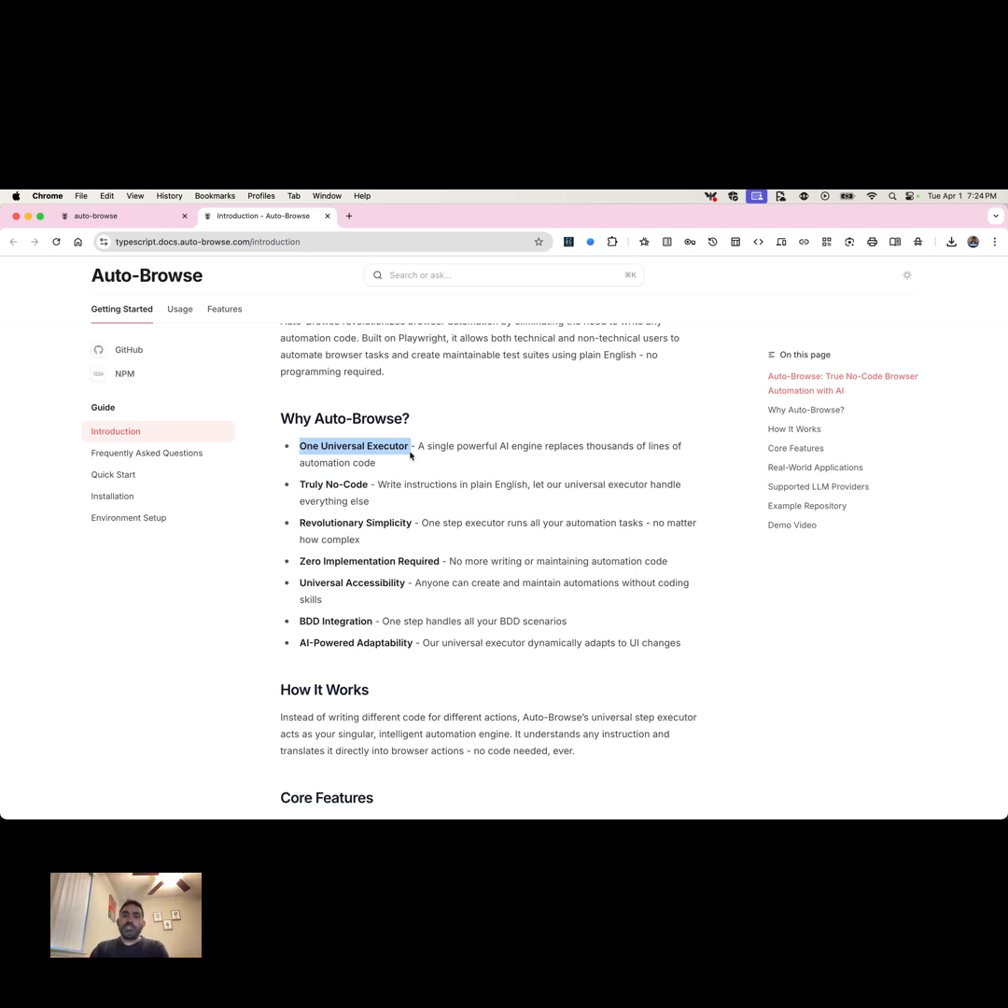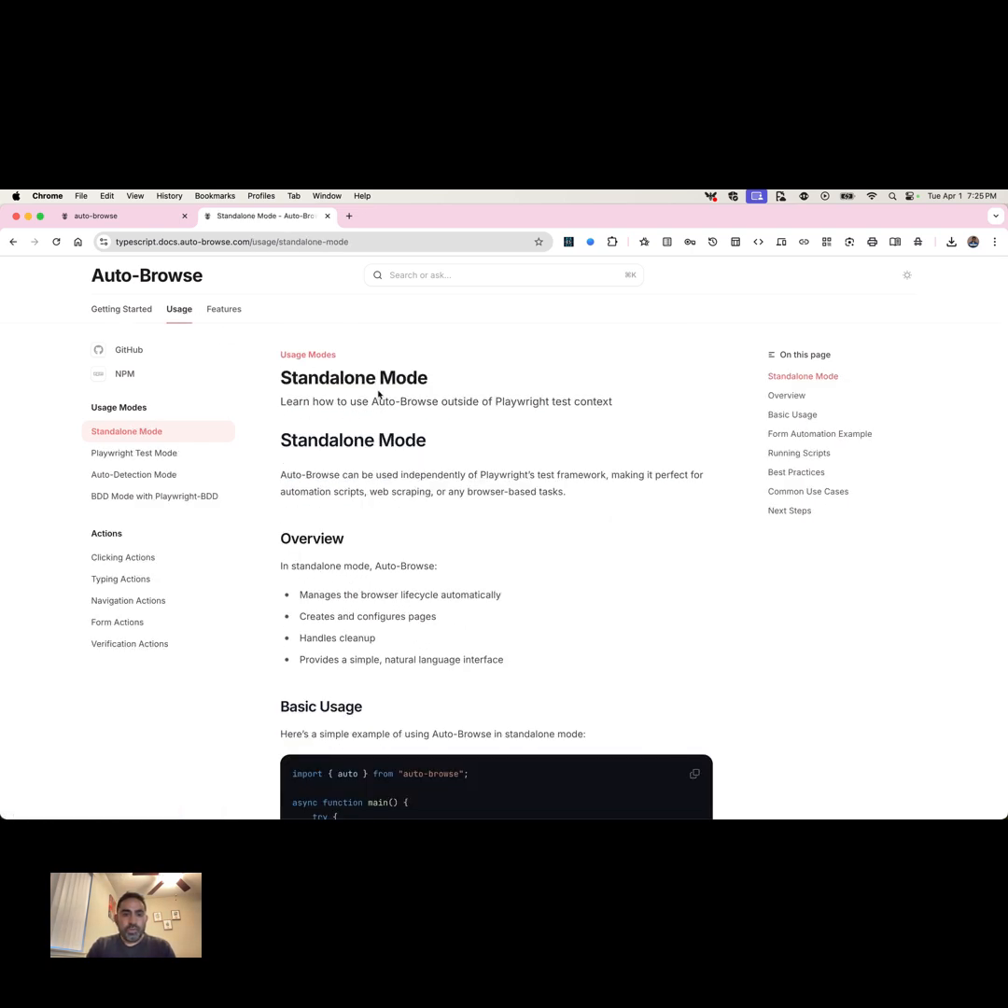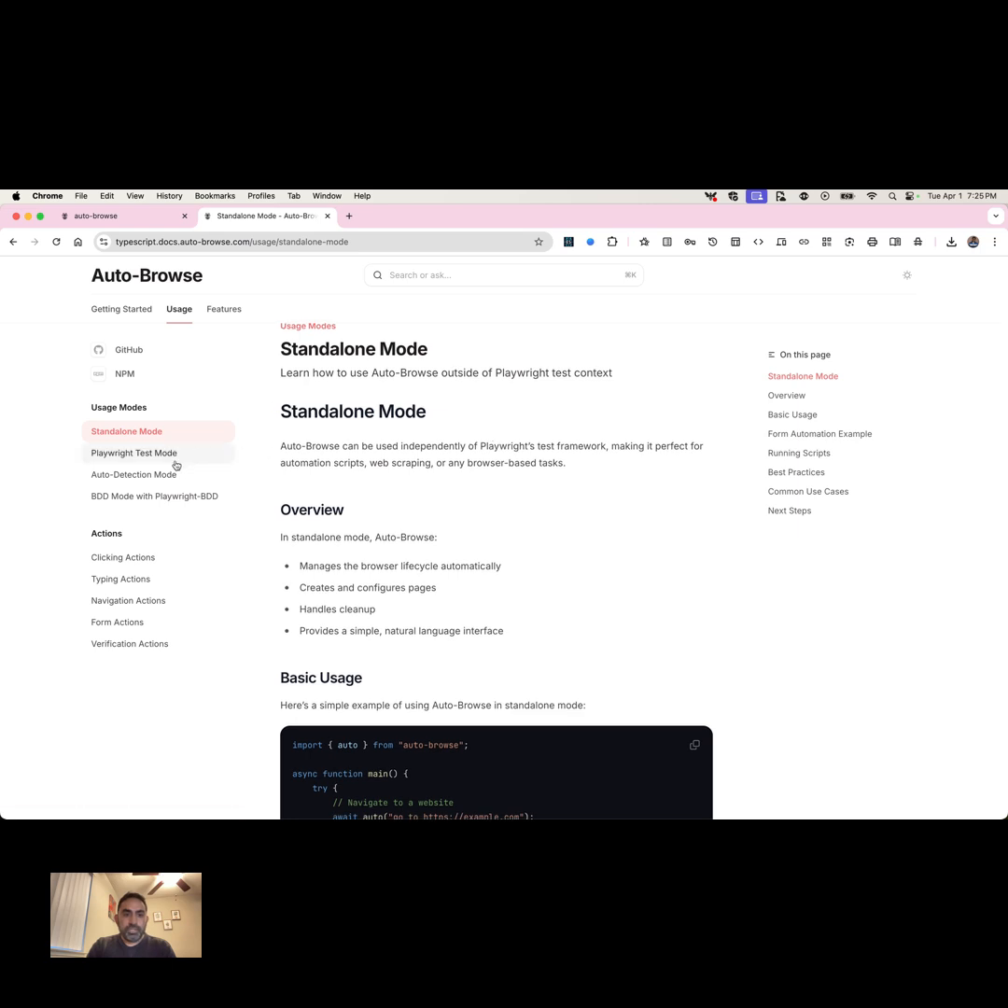And the most interesting part of it is you don't need to change your existing tool sets. So let's say you already have a lot of automation test cases written, right? And you think, okay, can I start using auto browse with that? Yes, you can. There are two ways to use it. One is the Playwright test mode, where